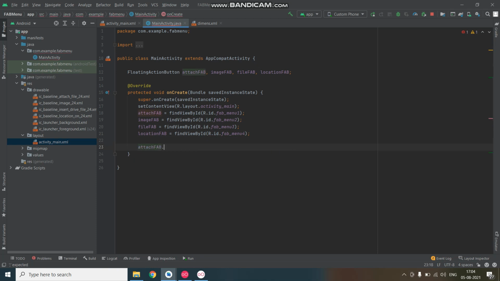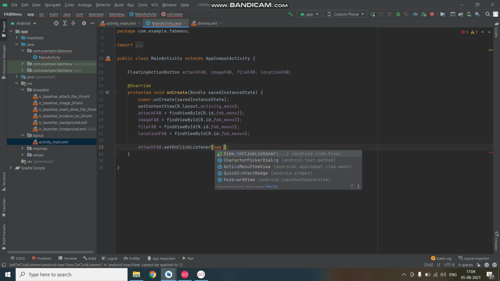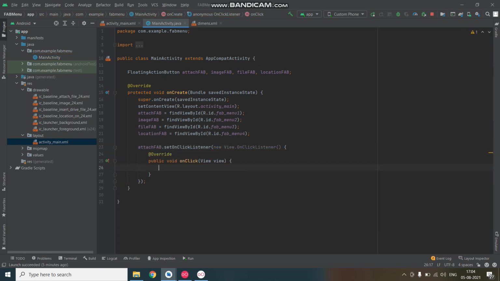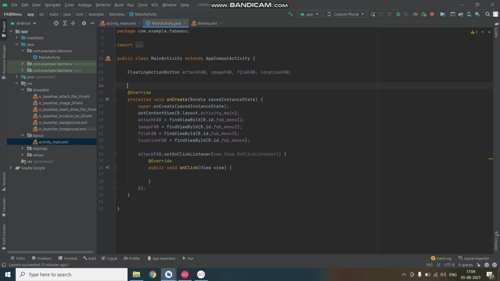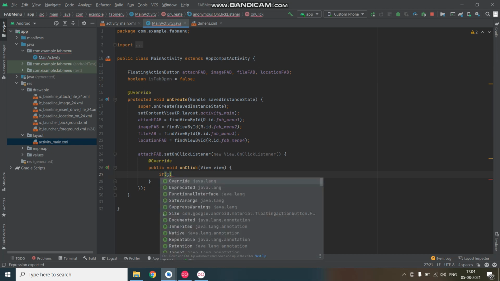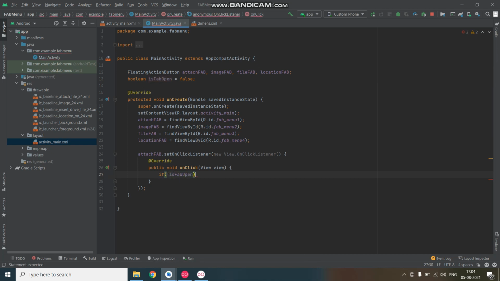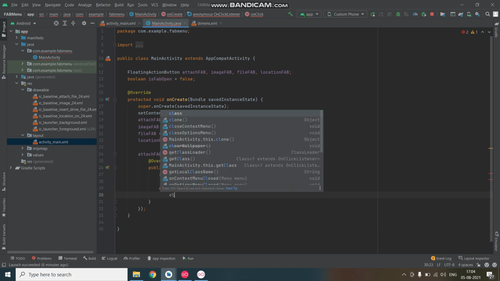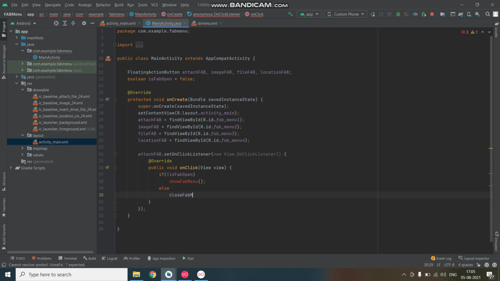So we'll set on click listener to the attach fab, new on click listener, and what we have to do is we have to keep a check that whether the menu is already open or not. For this we'll keep a variable, so what we'll do is, if this is not open, what we have to do is we have to show fab menu, and otherwise we just have to close the menu. We will just implement these functions,